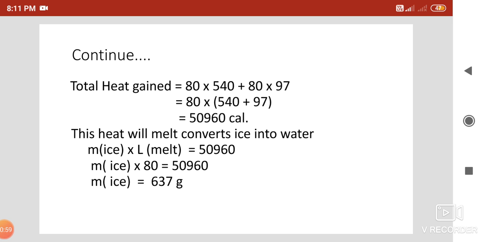So students, like this we have finished the 3 solved examples which are given in the textbook. Now you will solve the unsolved examples which are given on page number 72. See page number 72 and try to solve the examples. The 4 examples are given. You solve these 4 examples. Okay, thank you.